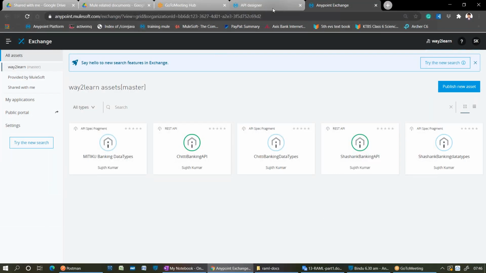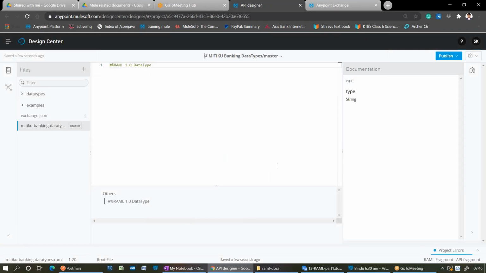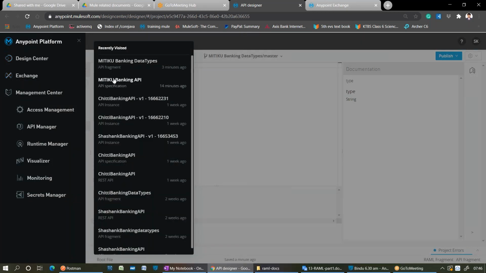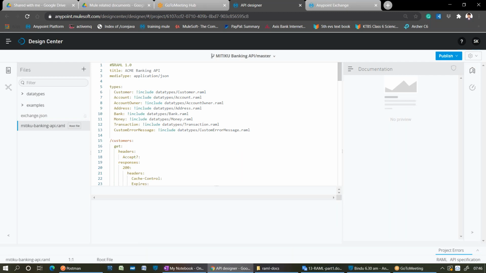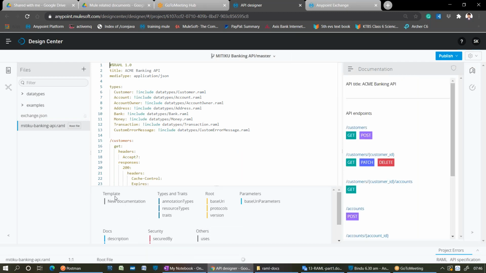Now you know how to publish the API and how to publish the fragment. Fragment is nothing but, what is the fragment? Reusable assets. Exactly, reusable assets. Now, what is the next step? I want to publish the API onto the Exchange. Whatever we have designed till now, I want to publish that API onto the Exchange so that anyone can use